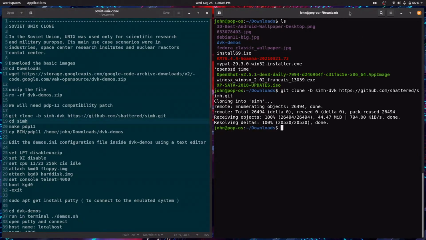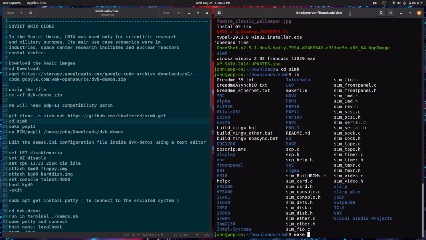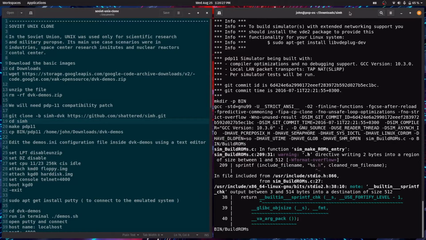Now that it has finished loading, go into the new directory that has been created, simh, and make pdp-11. In this way we will make the patch to use on an emulated PDP-11 system. Press enter.